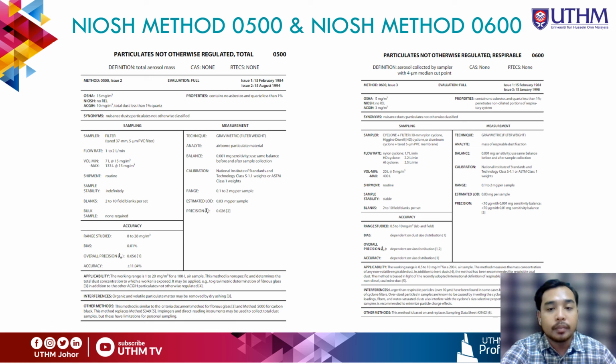For the NIOSH method 0600, the normal operation flow rate is 2.5 liters per minute. After being on the market for 20 plus years, the aluminum cyclone became a common sampling device where larger volumes of air were needed. The cyclone is listed in the NIOSH 0600 method. The sampler is best suited for silica sampling when the result must be compared with ACGIH procedure.